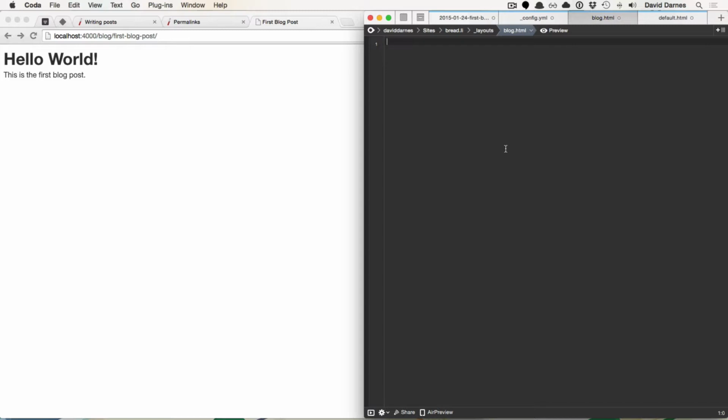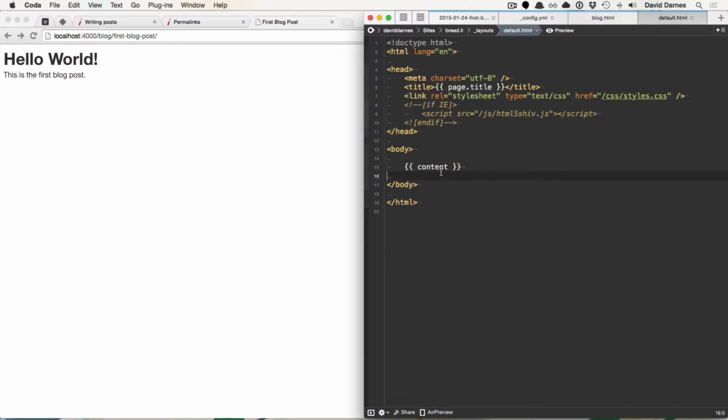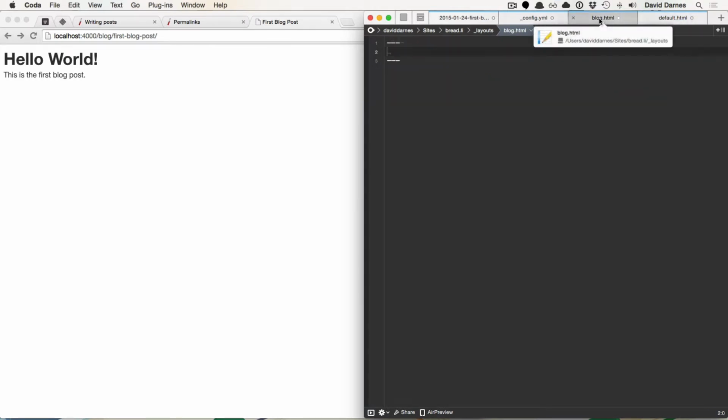So what we can do, just like we're doing with that posts file, is set up what templates this template is going to use. So this layout is then going to use the default layout, and then add on to it, and it's going to put itself into this area, into this content piece, which is quite clever really. So what we can do is we can put layout default, whoops,